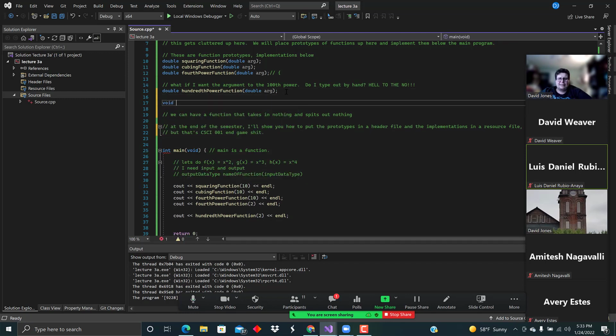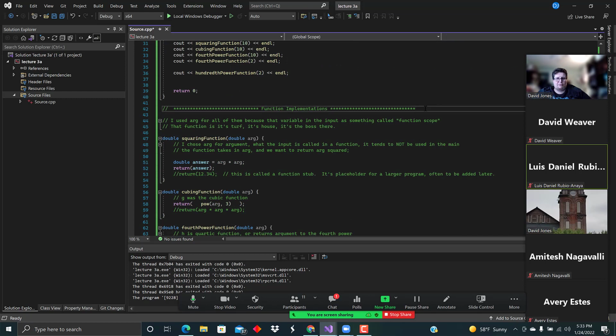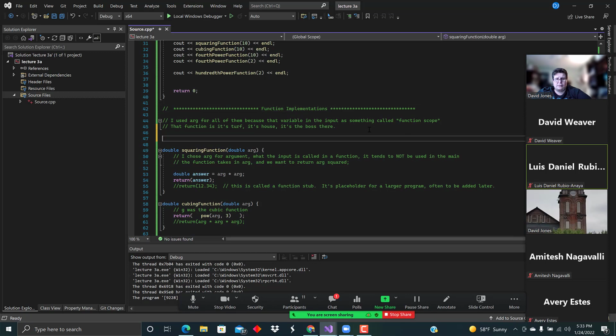So it's got to do something in there. There's no reason to call on it if it doesn't do something. So maybe it prints something to screen. Something that we print to screen is generally like, what does this program do? So we could do a void program description void. I'll come down to the function implementations and implement that. So void program description parentheses void